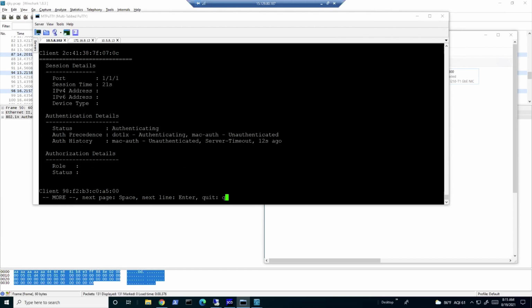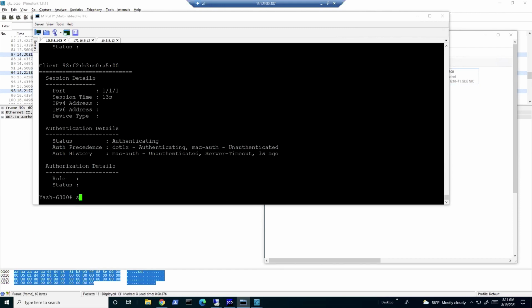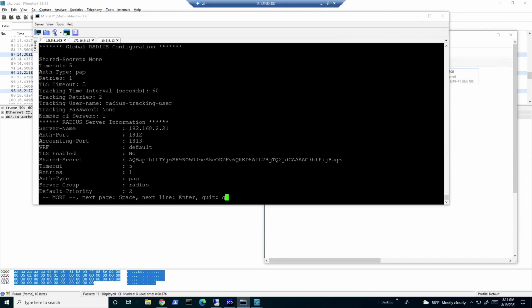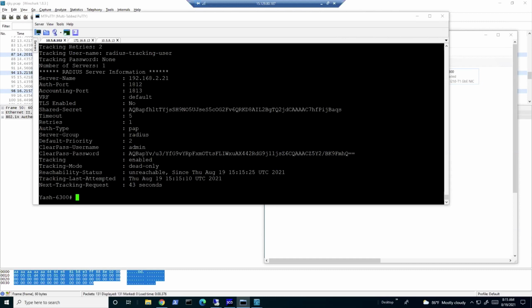Some of the client session time is going to get over and they try for authentication. At that time they will fail, but the Radius server tracking still shows reachable. You can see now it has become unreachable because one of the session timeouts has informed that the Radius server is not there and it is failing, right? So these are very important, watching the timers of the Radius server as well as the session timeout. That way you'll understand.